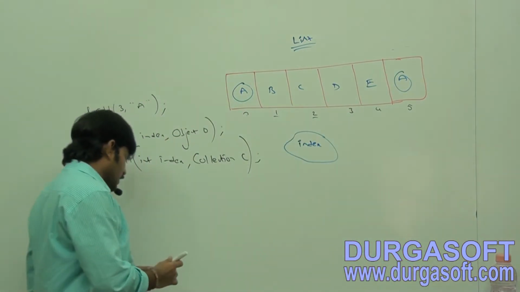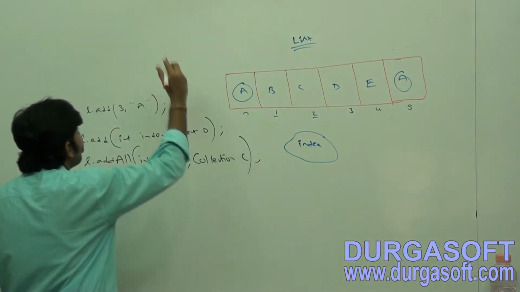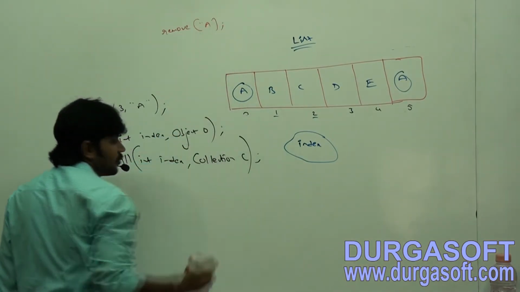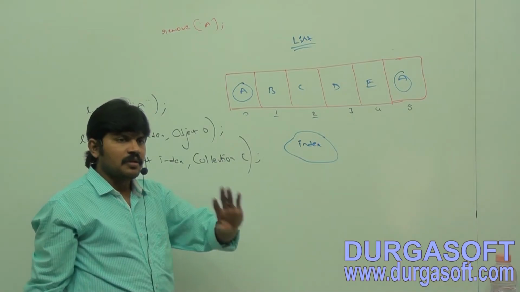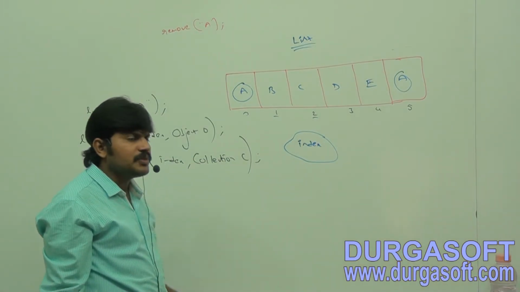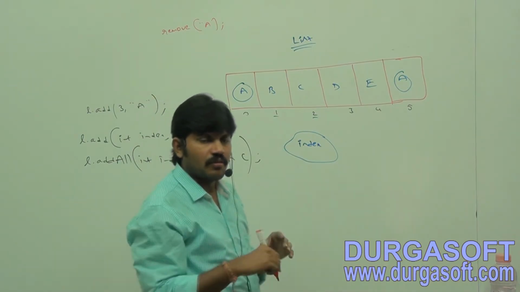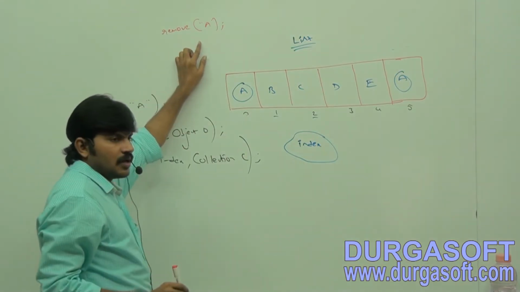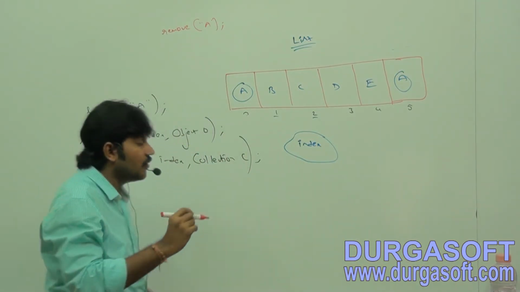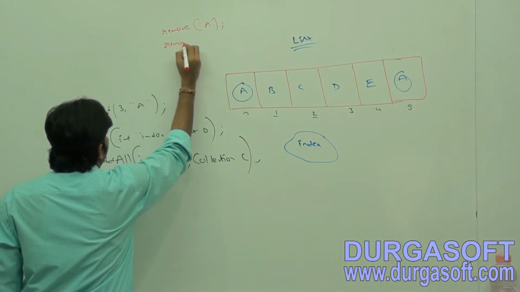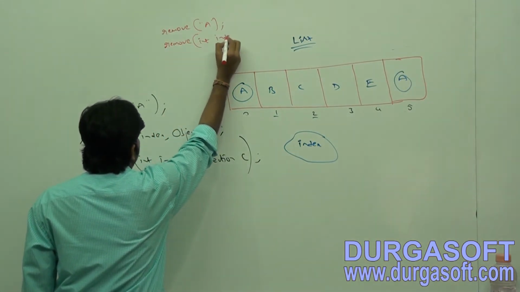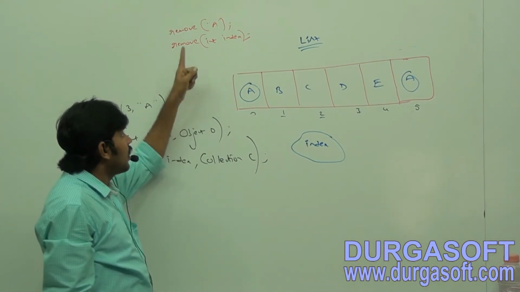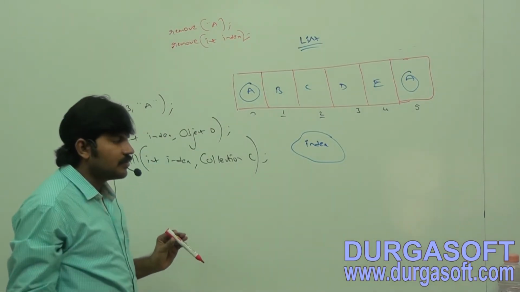Now I have one doubt. Sir, I want to remove an object, I want to remove A. Already this method is there in the collection interface, to remove a particular object. But now my requirement is, sir, I don't know which object is there at the third index. Can you please remove the third index object? You can specify either the object or the corresponding index. Then what is the method? remove(int index). Are you getting? This one is related to index, list specific: remove(int index).